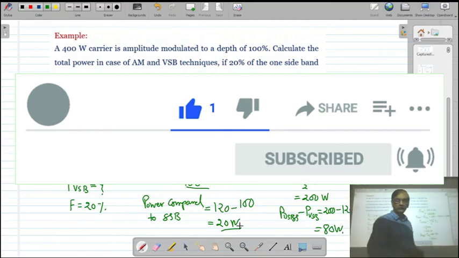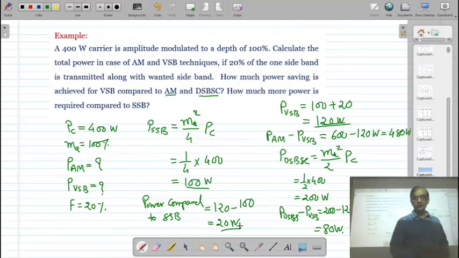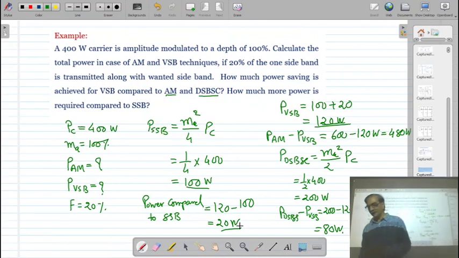Okay. So friends, here the first unit of the syllabus is going to be over, and in this unit we have discussed amplitude modulation. The next unit of the syllabus is angle modulation, or you can say frequency modulation. So in the next lecture we will discuss what frequency modulation is.